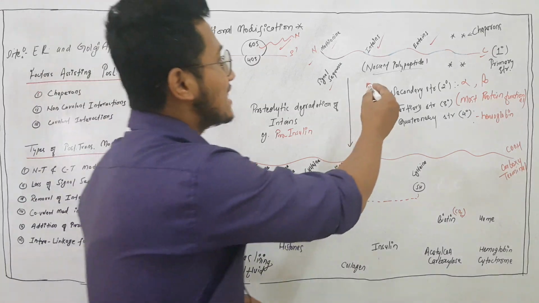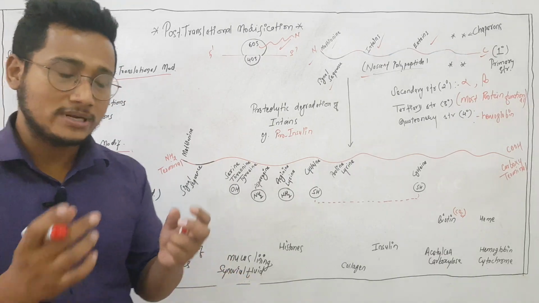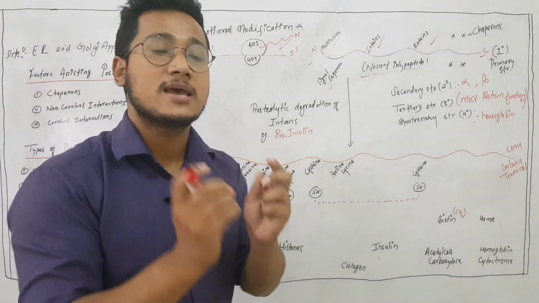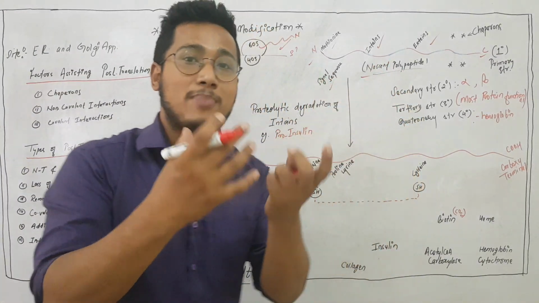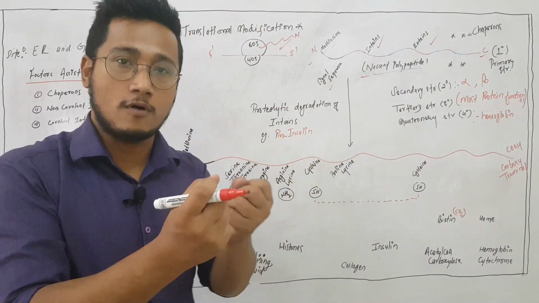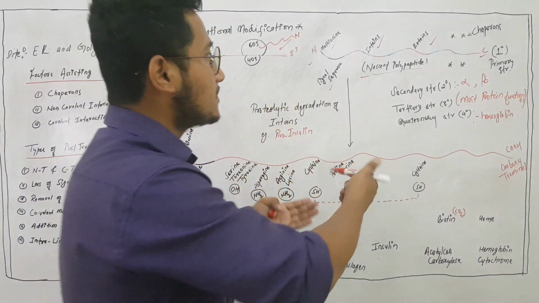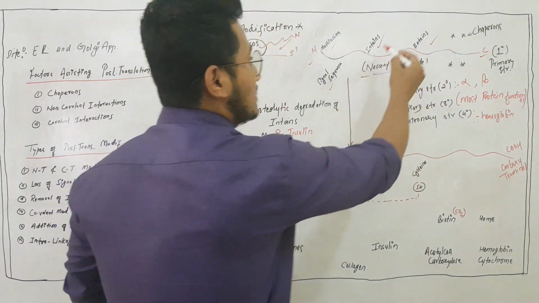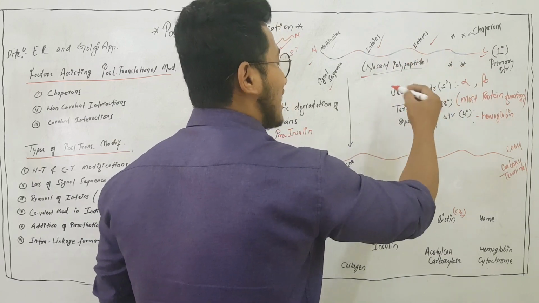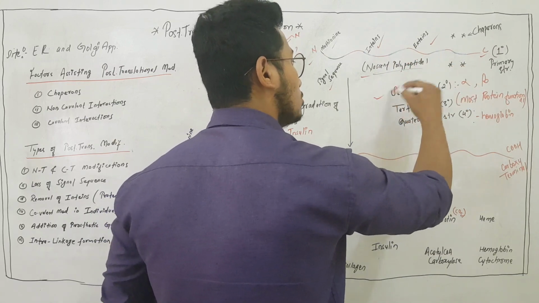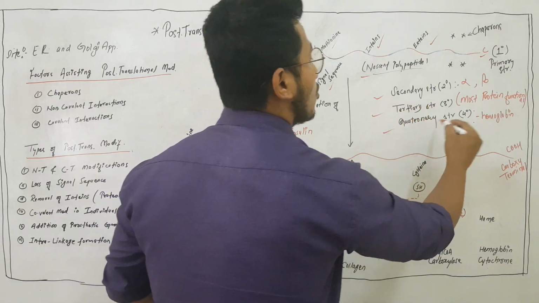Now, you see, this nascent polypeptide is not functional in the beginning, right? So it has to go through certain modifications, and that modification will finally convert it into its biologically native functional form. Okay, just to give a very light overview. If this is the polypeptide, ultimately what happens, this nascent polypeptide has to either convert into secondary structure, tertiary structure, or some may convert into quaternary structure.